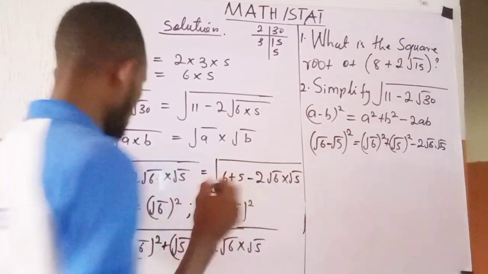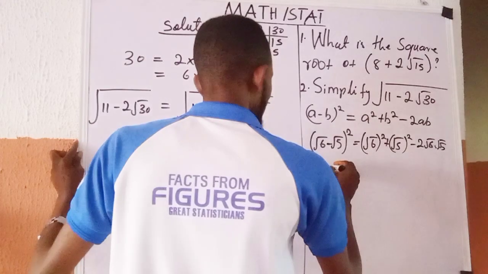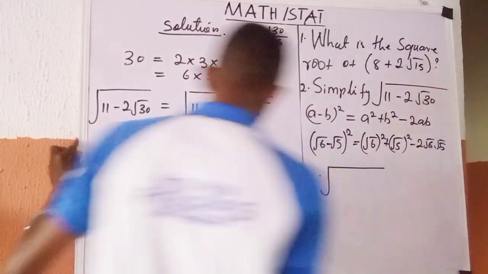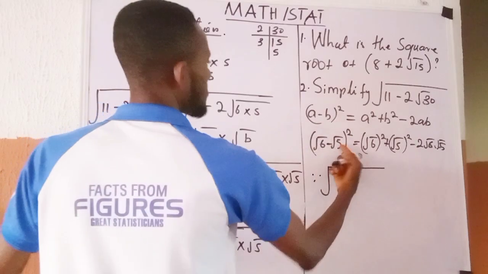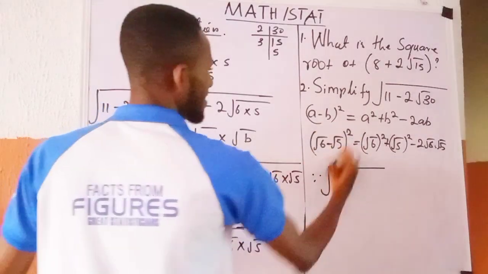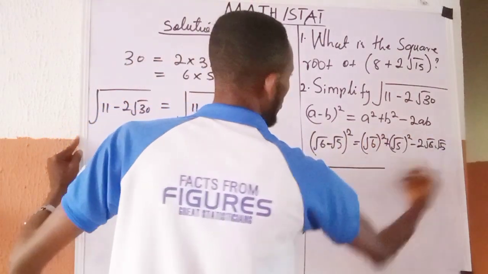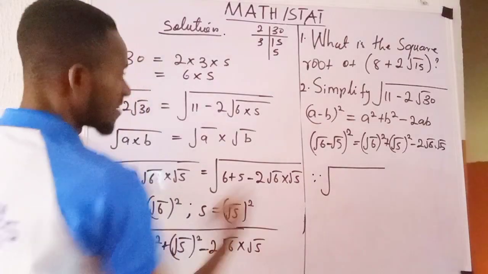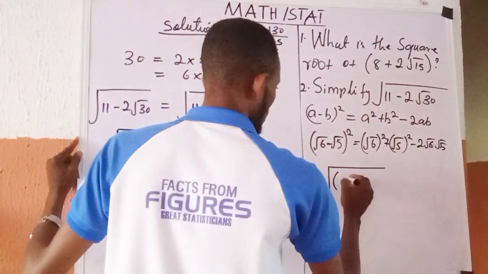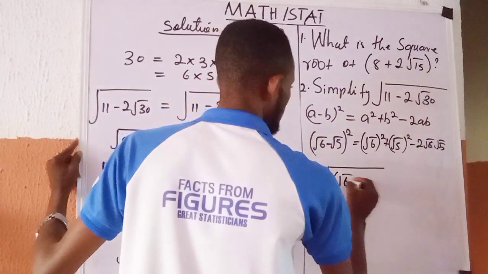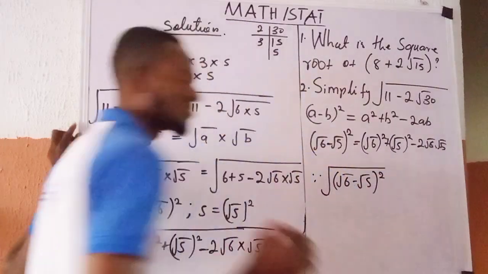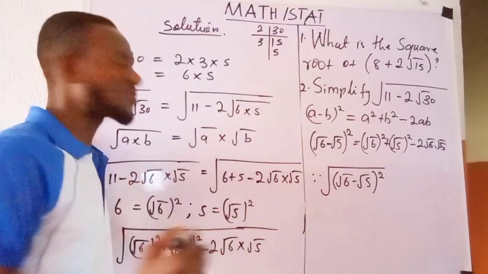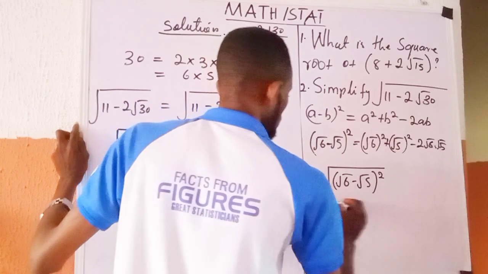And for that reason, what I have now is the square root of, instead of writing the whole of this which I have here, I'll write this one because they are the same. So this can be expressed as this, and the whole of this is what I have under here. So what I have becomes square root of root 6 minus root 5, all raised to power 2. And of course, you know that